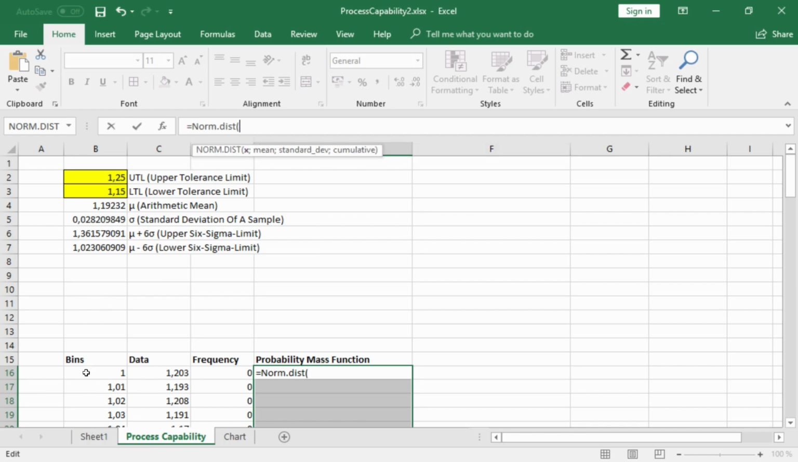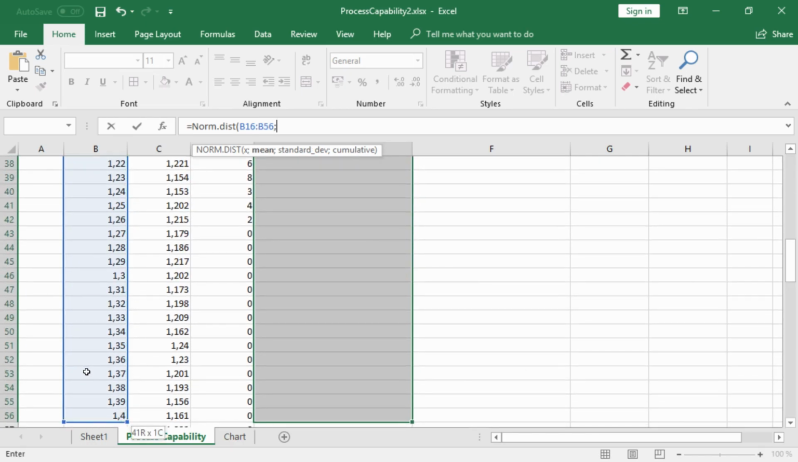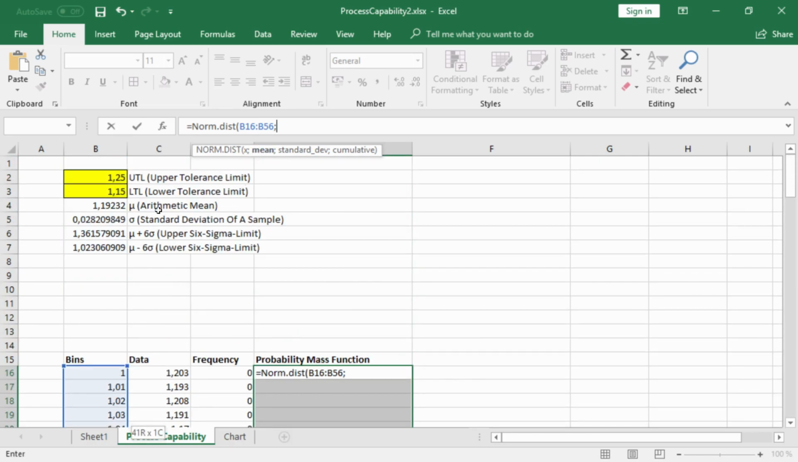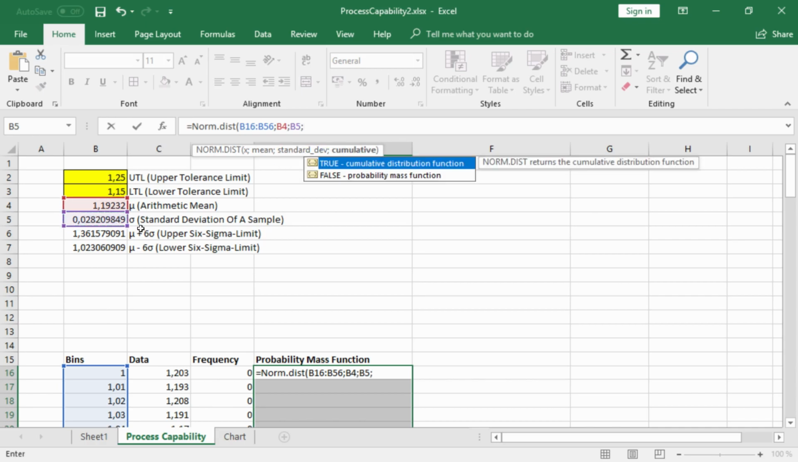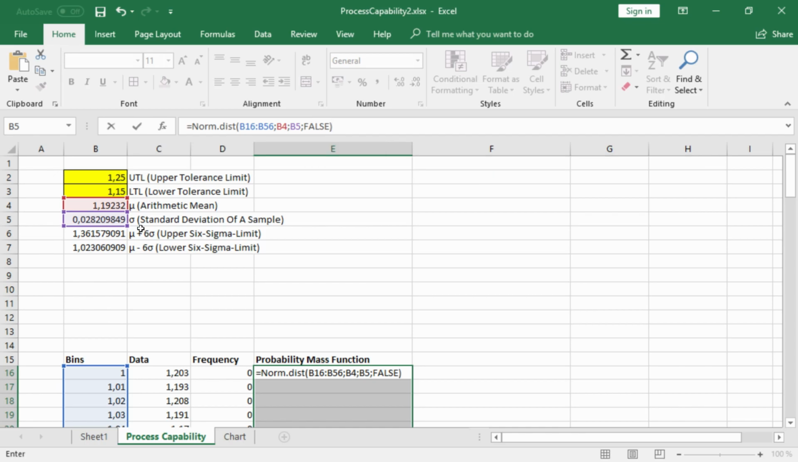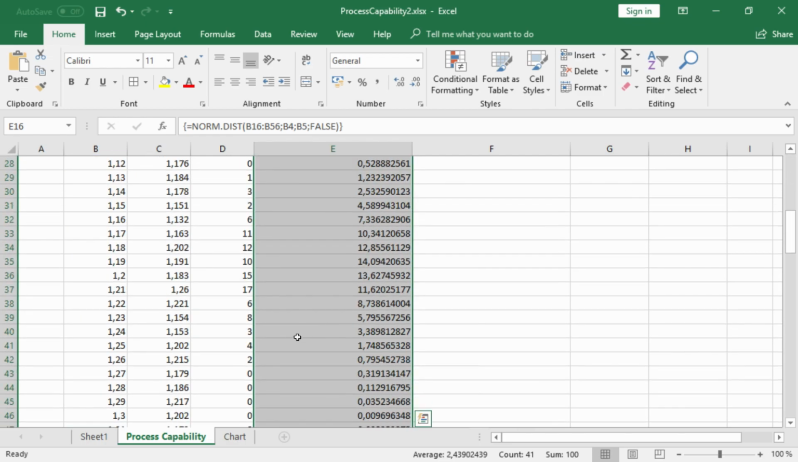The x means the bins we created. The mean means arithmetic mean. The standard deviation means standard deviation. And cumulative means false, because we want to have the probability mass function. We have to use Control, Shift and Enter to calculate, and now we can look in the chart what we've